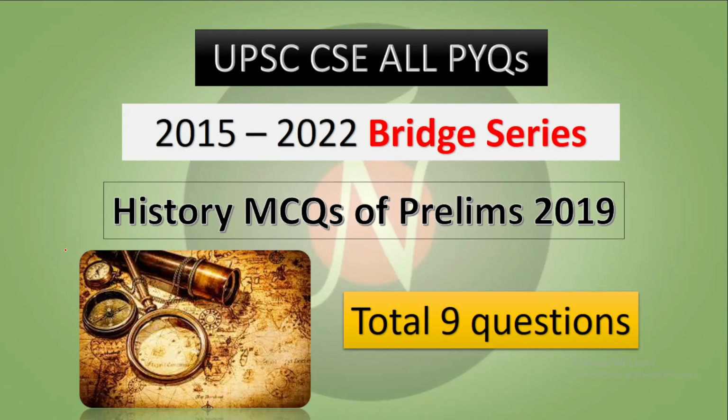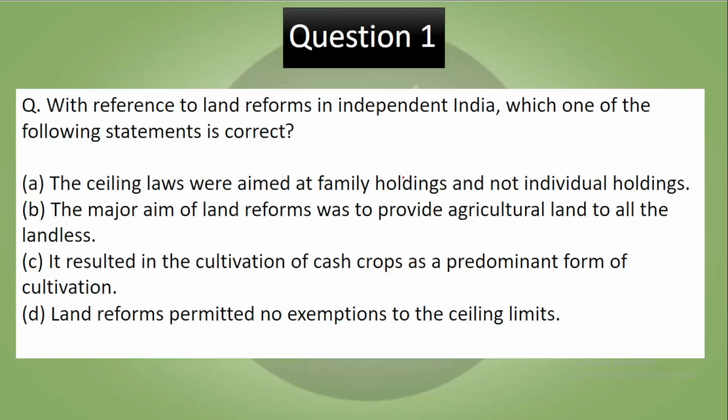We will be discussing all the questions from 2015 to 22 so that you can get an idea how the UPSC asks the questions. In today's video we will be discussing history MCQs which came in prelims 2019. Total number of questions which came were 9. So let's start. Question 1, with reference to the land reforms in independent India, which one of the following statements